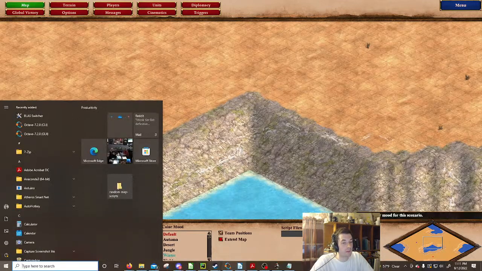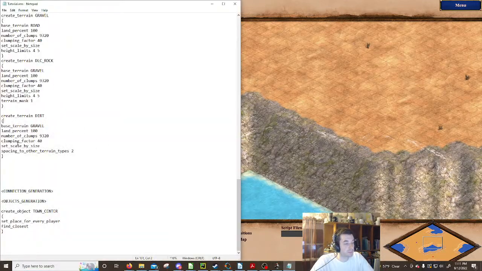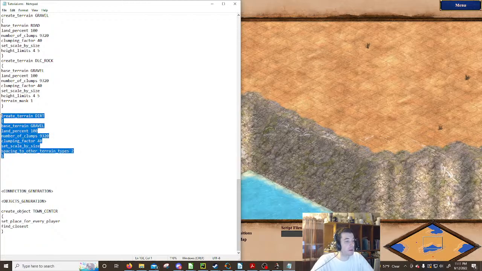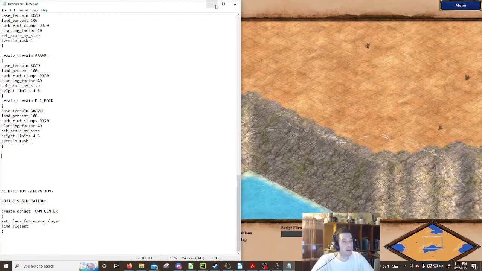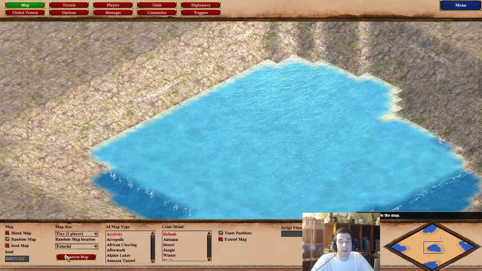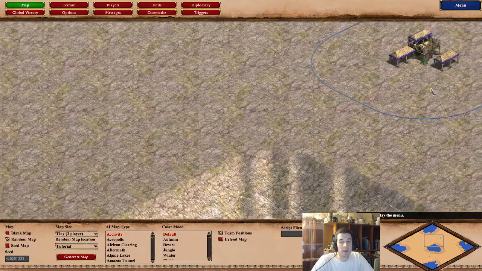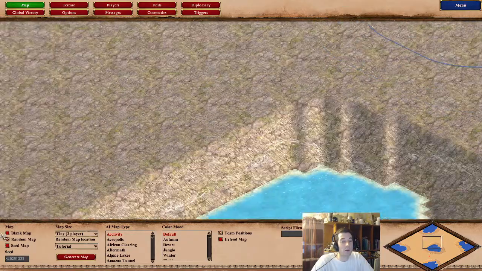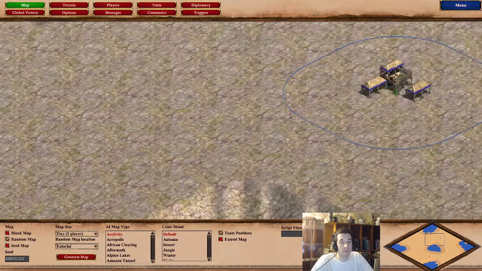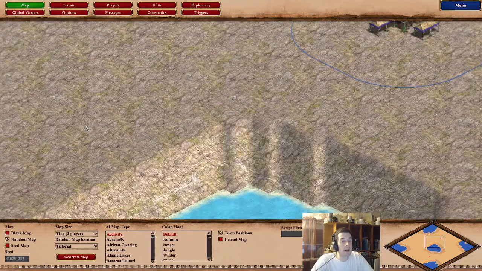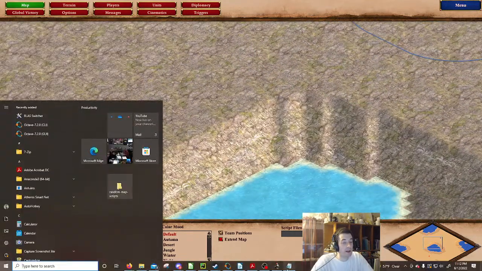Oh. Space to other terrain types. Terrain dirt on top of the gravel. Let's get rid of that. Let's go back to our baseline. Quicksand beach is pretty cool. Okay, so this is gravel with the rock on it. And then